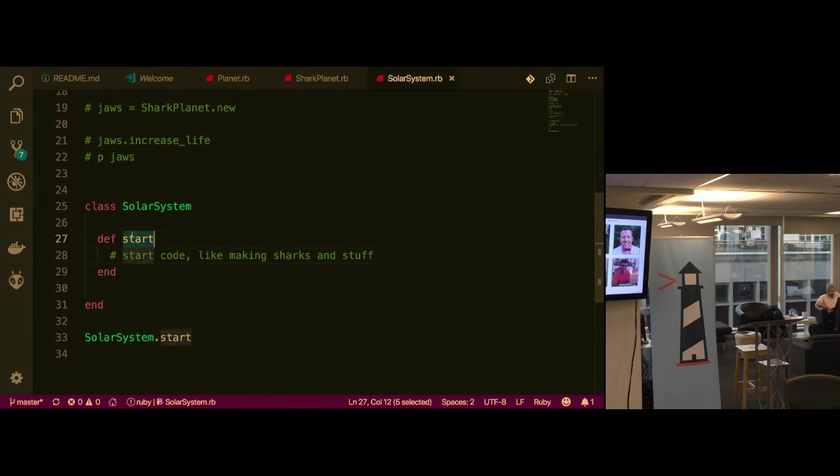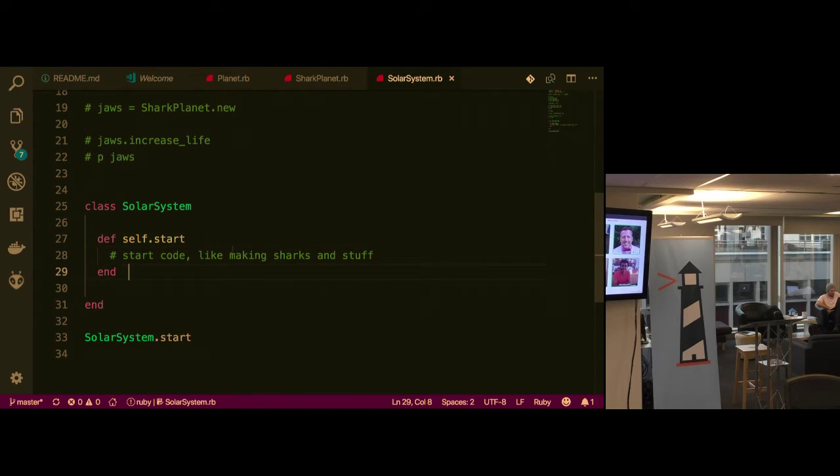In order for this method to work, I would have to say a new instance of solar system. But sometimes you don't want new instances of a class. You just want to be able to call it on the class itself, right? So in Ruby, we do this with this syntax. Self being the class that I've defined this in. So now, it's the equivalent of doing this.